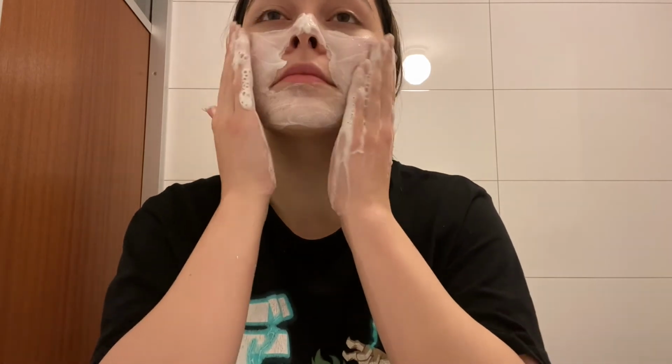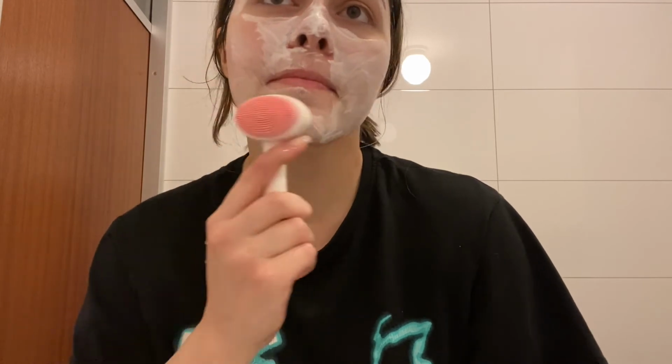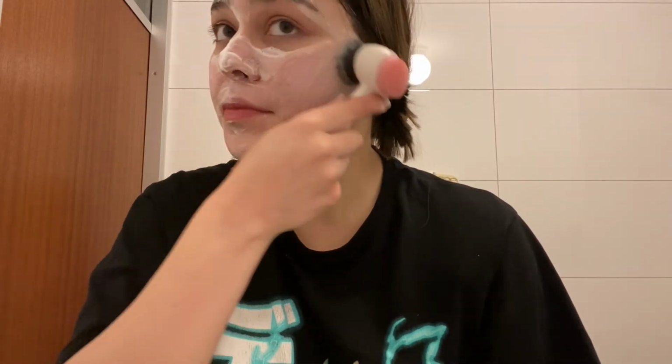I just apply it, and I actually massage it with this face brush. I don't have an electric face brush, so I just use this one. This is just from Douglas, so you can basically use any face brush, and I just massage it in everywhere just to get rid of all the